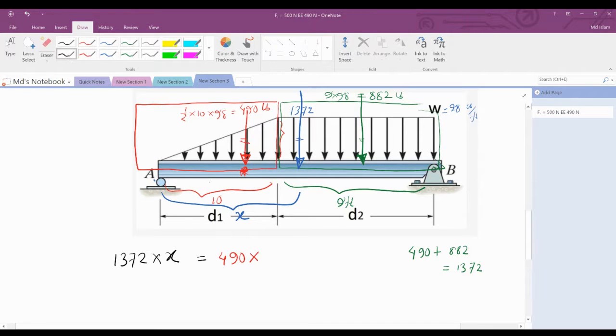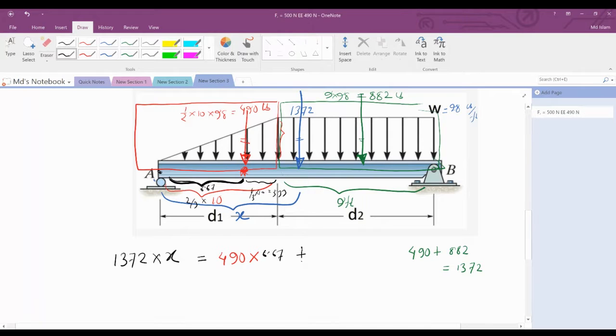the left support, because the centroid of a triangle is 2/3 from the vertex and 1/3 from the base. So 2/3 of 10 is 6.67, and 1/3 of 10 is 3.33. So this distance, 2/3 of 10, is 6.67 plus,